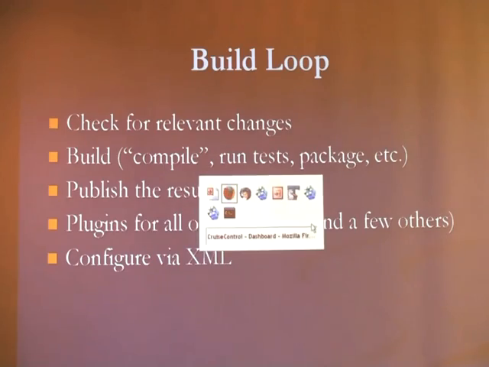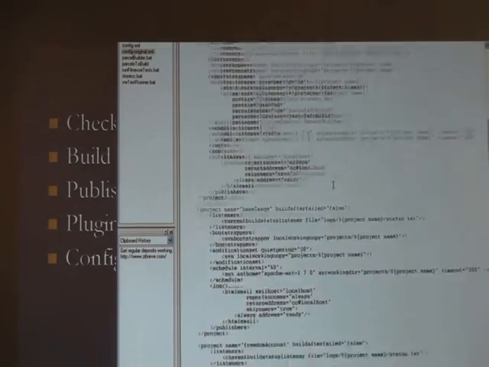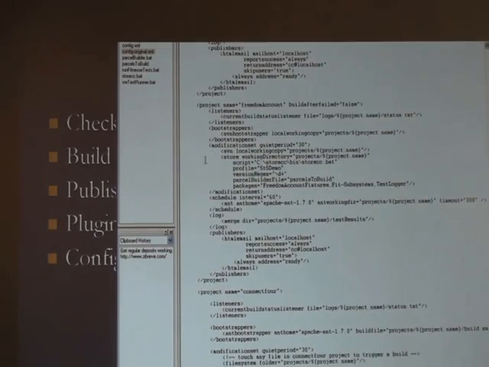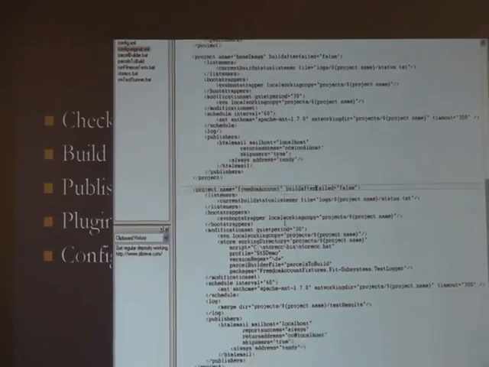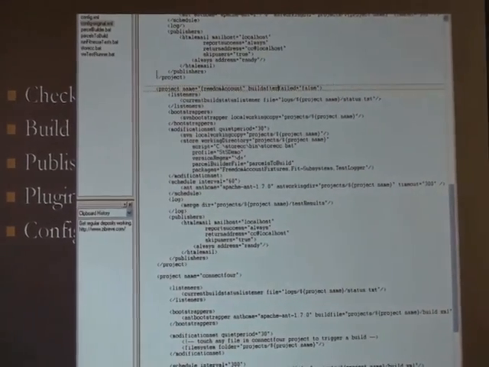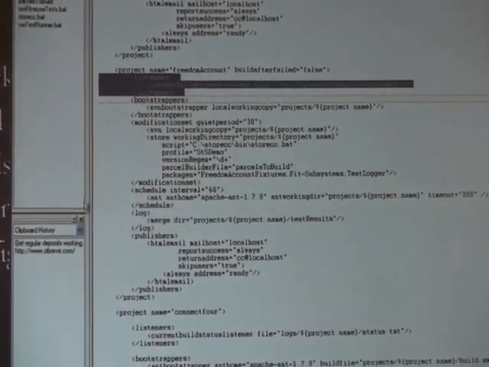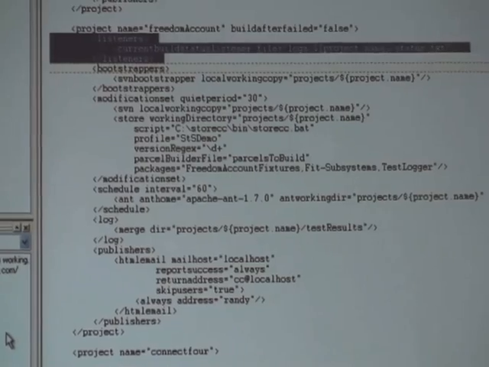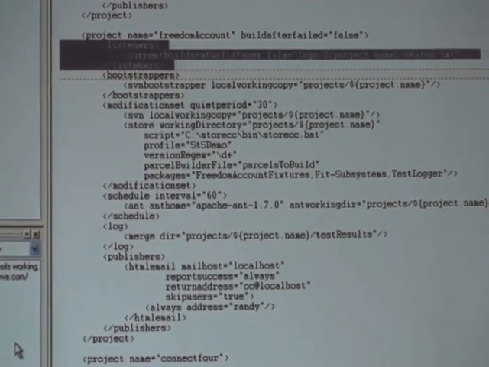So let me just show you real quick the configuration file. I don't expect you to grab all the details of it. But I'll show you the Freedom Account one because it's the more interesting one. So within the file, you've got project definitions. And it's kind of verbose, as XML tends to be. So this listener thing is basically the interface between the build loop and the reporting application. So you just kind of boilerplate that in there. Just put the build status to a file that the web app reads to show you what the build is